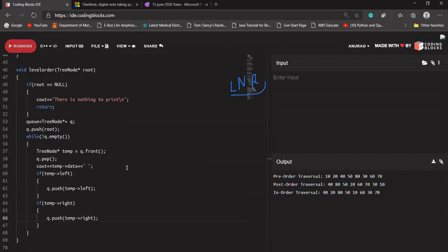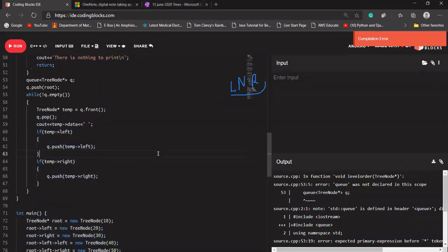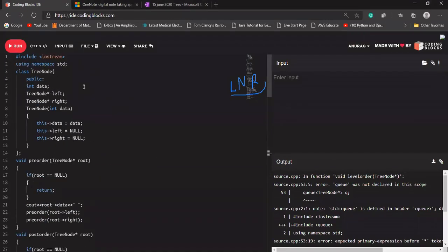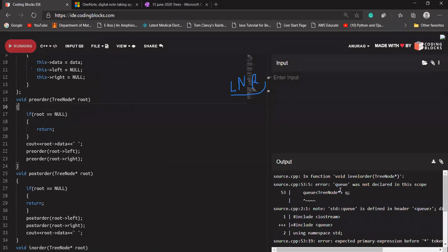Now I'm going to run my function. Okay, we have not included our queue, so I'm going to include bits slash stdc++.h, and see whether we are getting the same output or not.